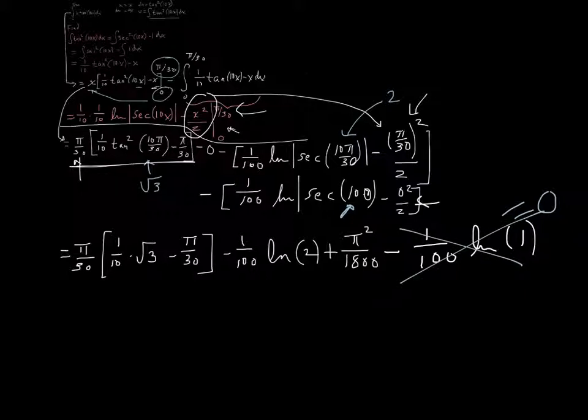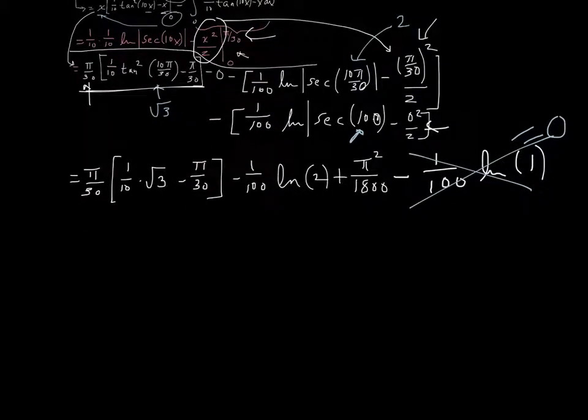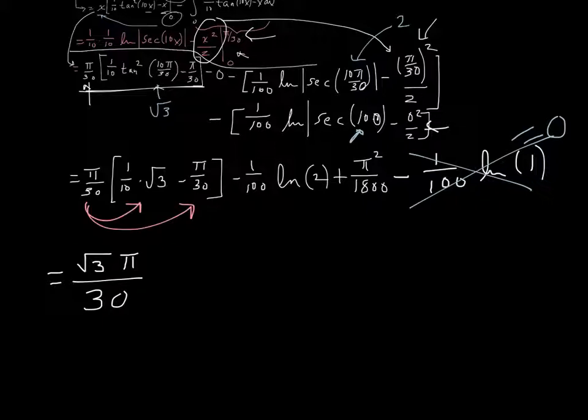So that piece is gone. Now all I'm going to do is distribute things out, meaning I'm going to distribute this, and so I'm going to end up with the square root of 3 pi over 300. Forgot to multiply the denominators. Minus, if I multiply this one out, I'm going to get pi